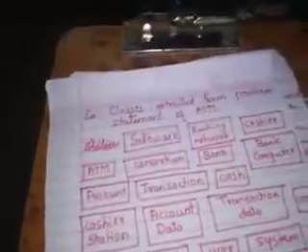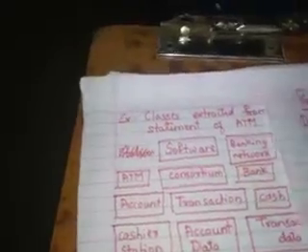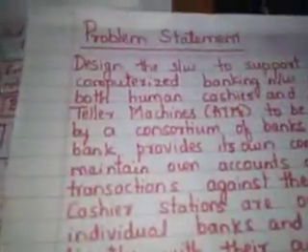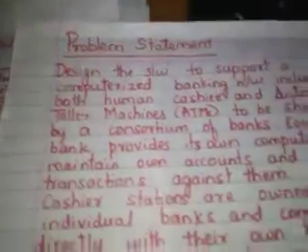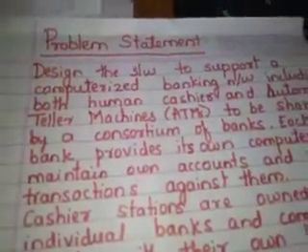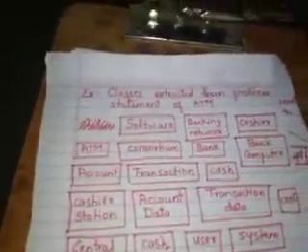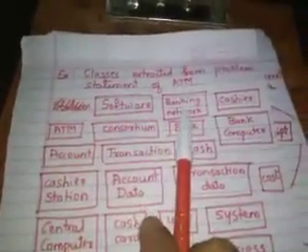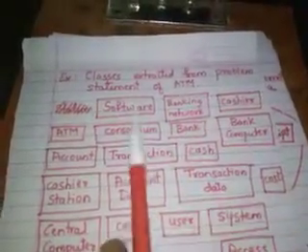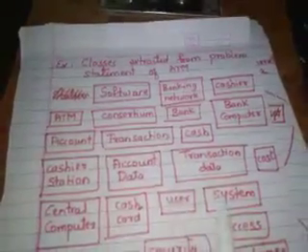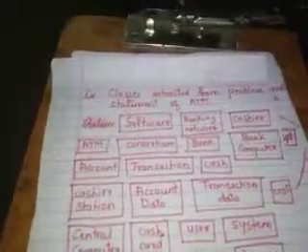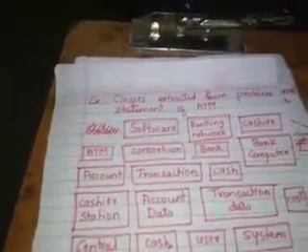So if you look at the problem statement that we have discussed in the beginning of the video, in this one we'll find out the different nouns here. So when the different nouns are identified like this, the nouns that I have found out in that problem statement are software, banking network, cashier, consortium, cache, user, system, access. Like this, many nouns will be present. They are the tentative classes that are extracted through the nouns.